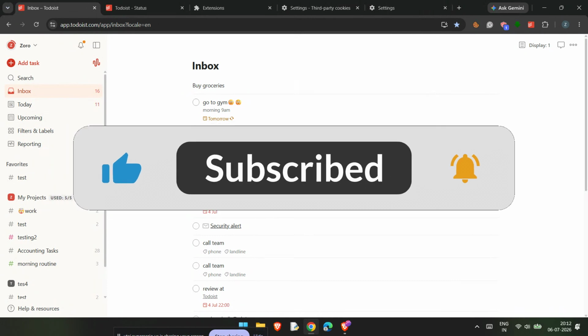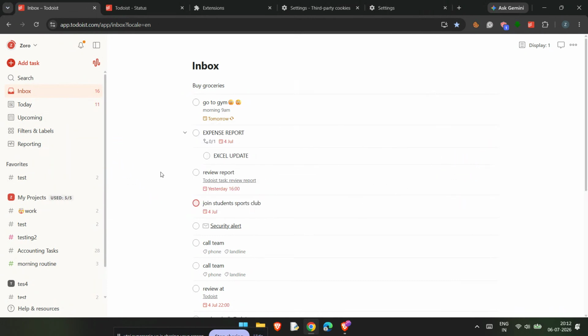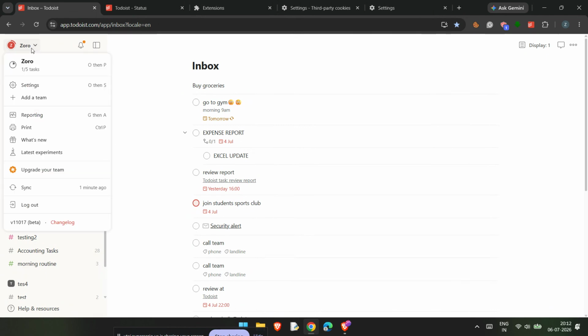First, open the Todoist web app in your browser. Make sure you're signed into the correct account, especially if you use Todoist on multiple devices or with more than one email address. Once the web app loads, look to the top left corner and click your avatar profile icon. From the menu that appears, select the sync option. This forces Todoist to pull the latest project data directly from the server and refresh your browser session. In many cases, that alone fixes the project not found error because the browser finally sees the current version of